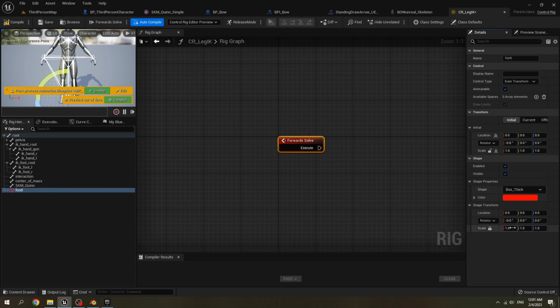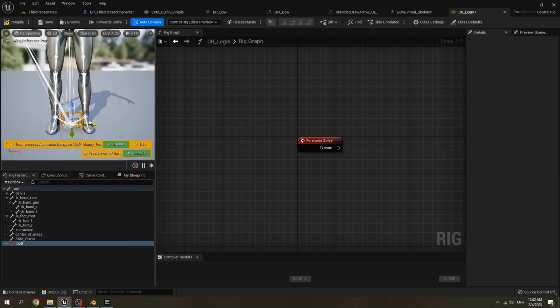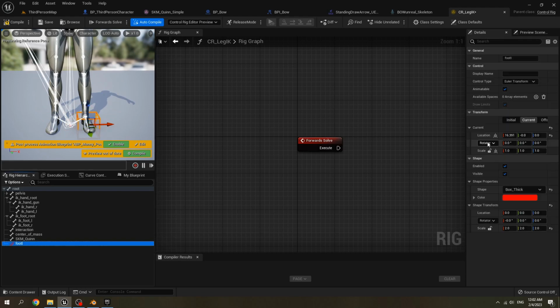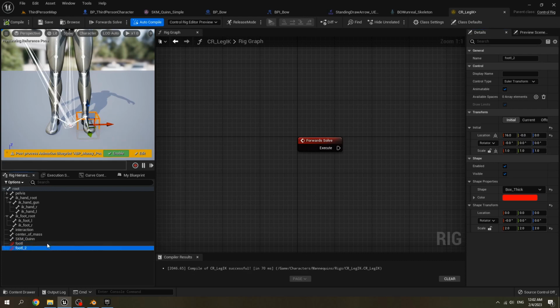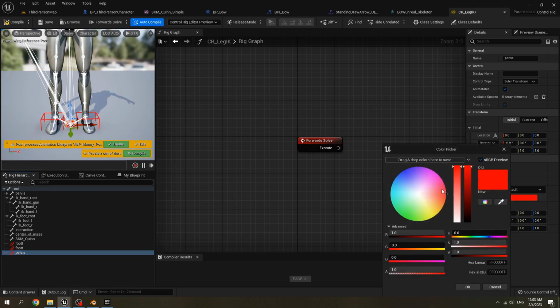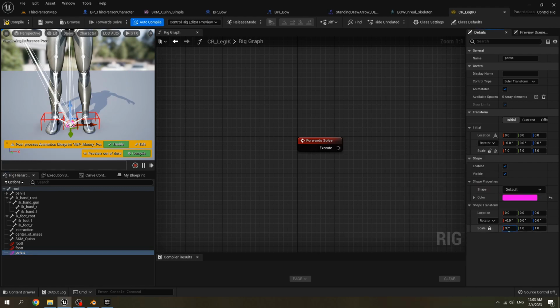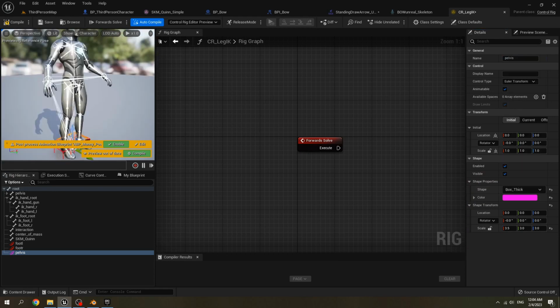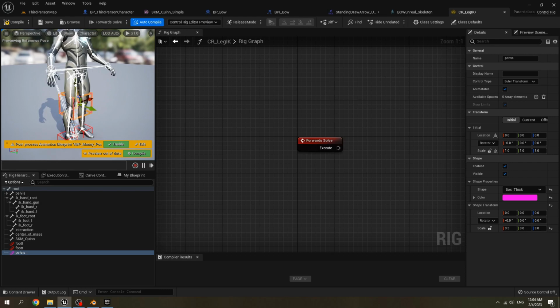6, set the scale to 2, move the control to the right, and set its current location to 16. Copy the location, paste it in initial location, duplicate control foot L, name it foot R, and set the initial location to -16. Compile, create new control, name it pelvis, choose the color to pink, set scale to 3, choose the shape to box 6, move the pelvis control to the pelvis,